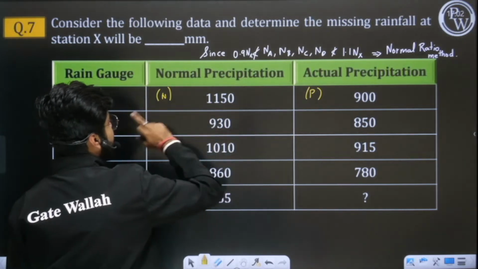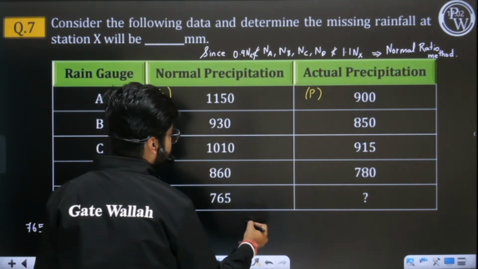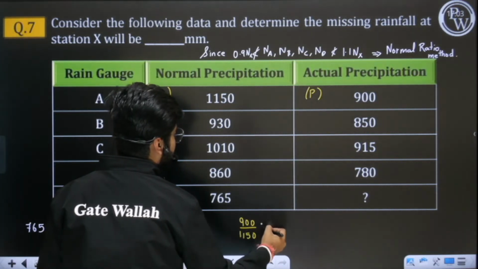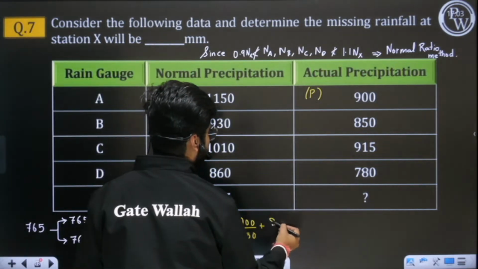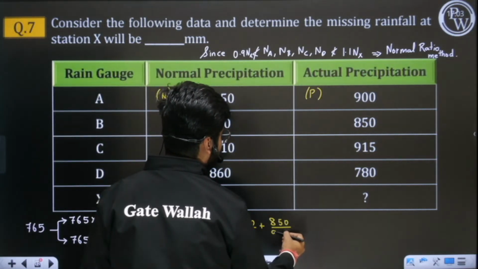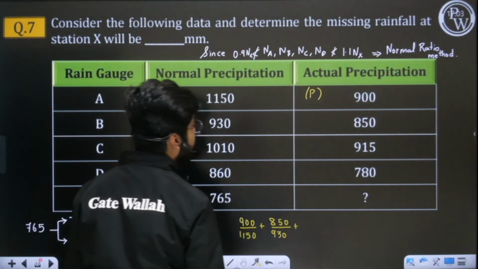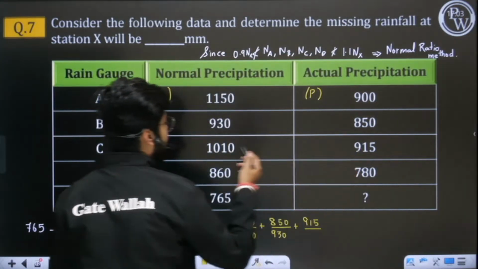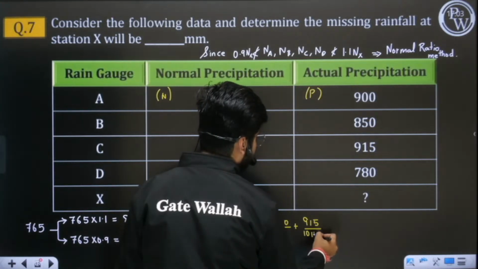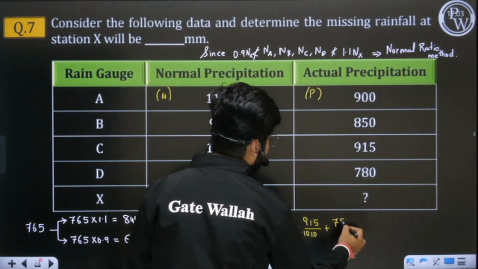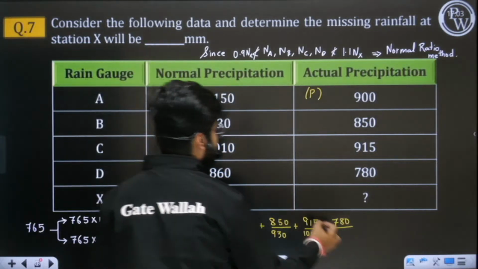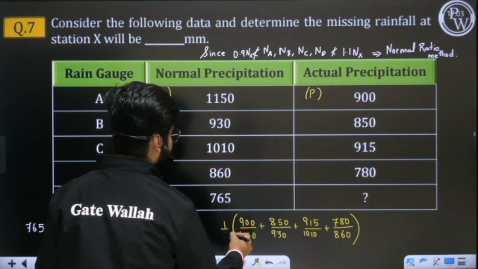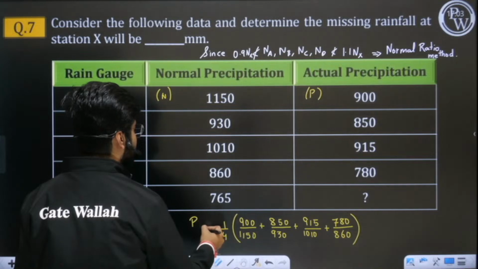So P by N for A is how much? P by N for A is 900 by 1150. Then P by N for B is 850 upon 930. Then P by N for C station is 915 upon 1010. Then it is 780 upon 860. Okay, so take the average of this, and this will be equal to precipitation of X upon normal value of X,